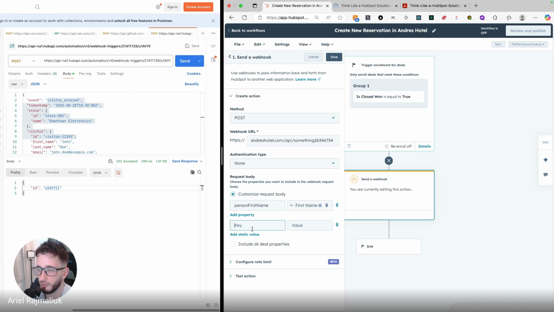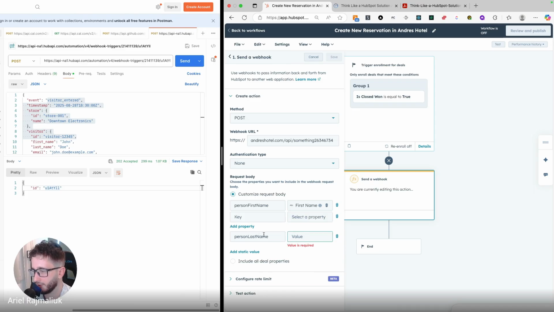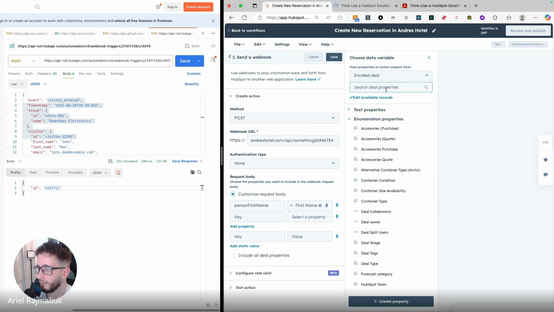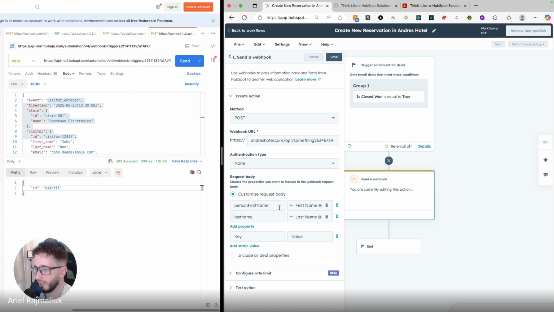And you want to also send the person's last name. Well, of course, the same. Oh, this one is static. Hold on. These ones are static. So actually it goes here. There we go. So contact. And I will add one more just to give you an example. Last name, right? Here is an example for association labels.